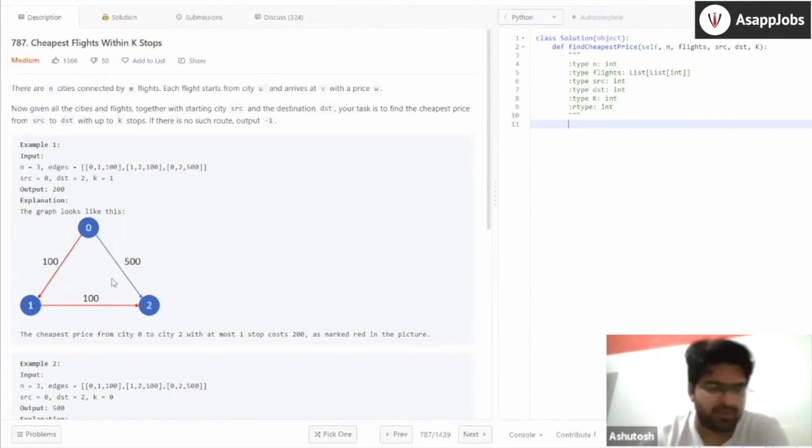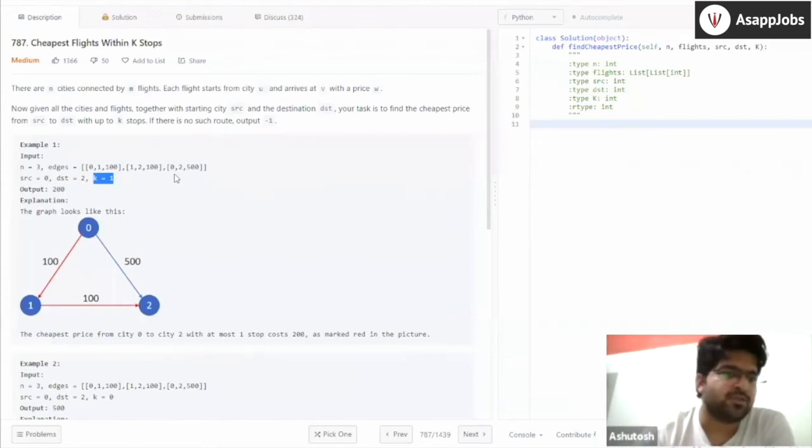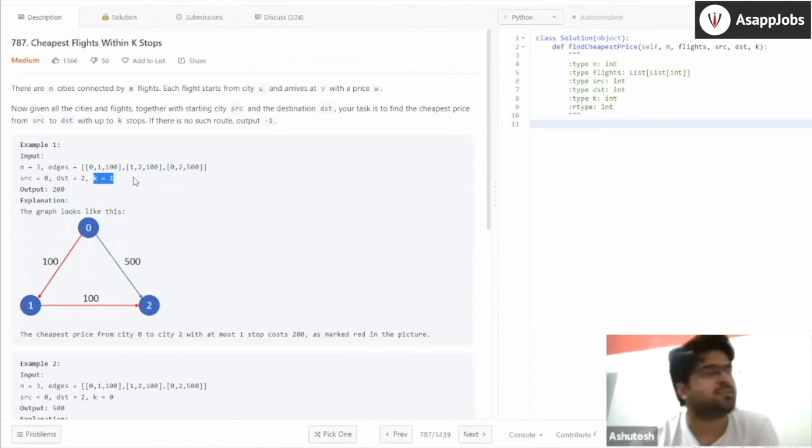I mean, here if I remove the constraint of k, won't it be the same as Dijkstra, because here you want to find this minimum path from source to destination? Or won't it be the same as the other algorithm that we discussed based on topological sort? It will be the same, right? If I just remove the constraint of k, the only thing new here is the constraint that you cannot travel more than the 20 flights.